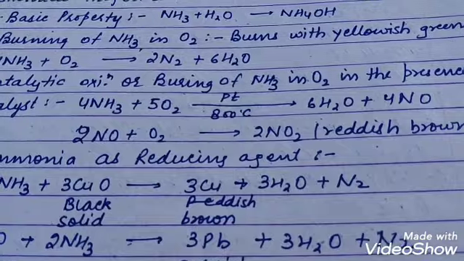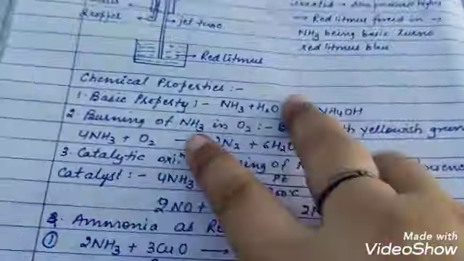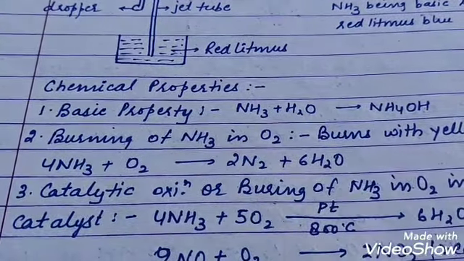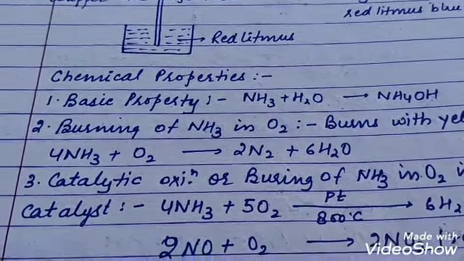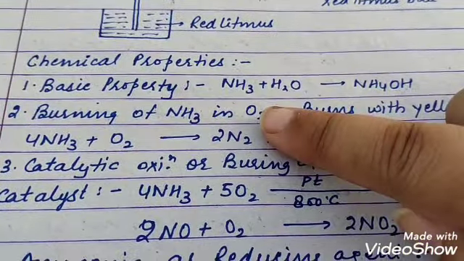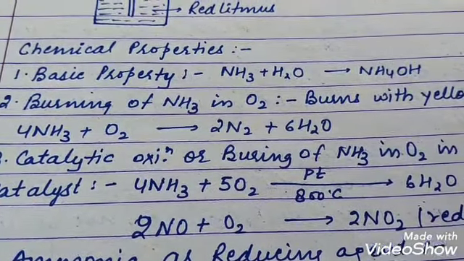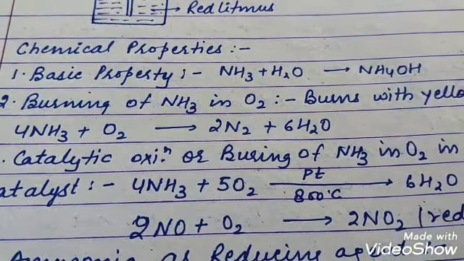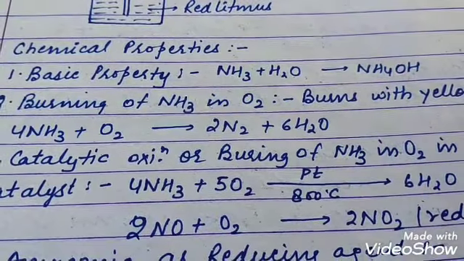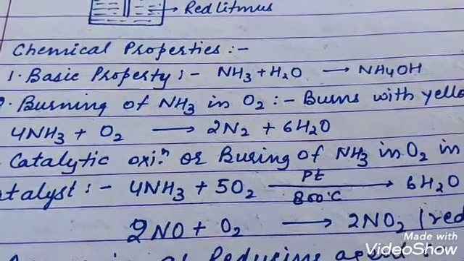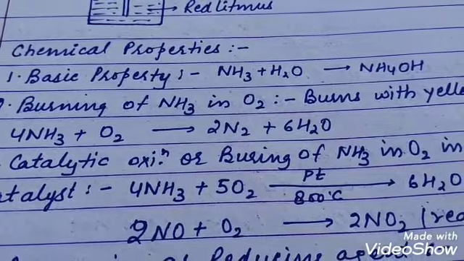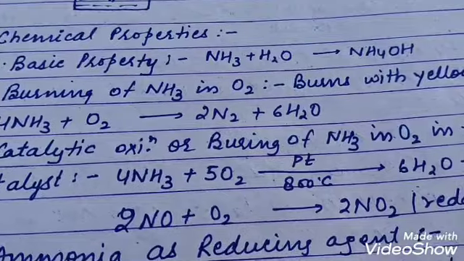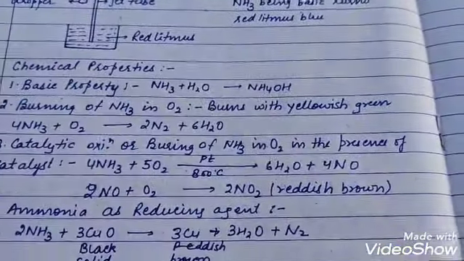Arrhenius says a base is something having OH minus. But Lewis says a base is one which has a lone pair of electrons. This nitrogen has a lone pair of electrons, so it also accounts for a basic property, but we do not consider it very much because it is very less basic when it is liquid or dry. So basically we consider liquid or dry ammonia as non-basic, but we consider aqueous ammonia as basic because it contains OH minus ions.